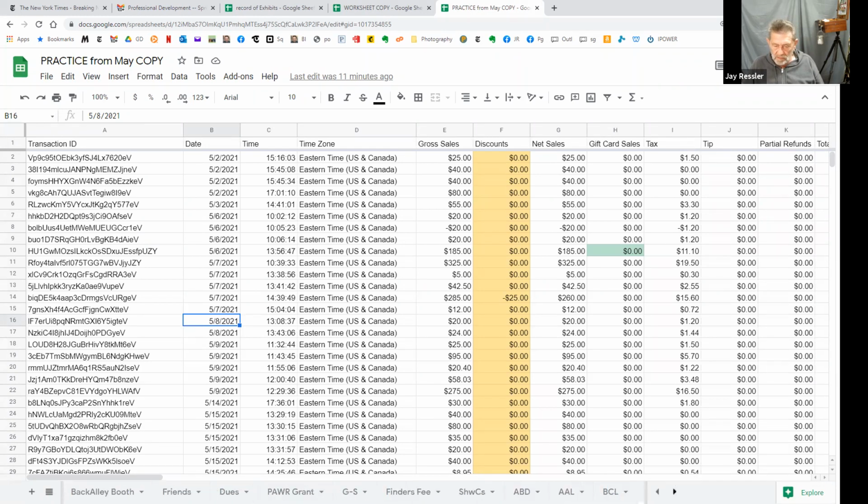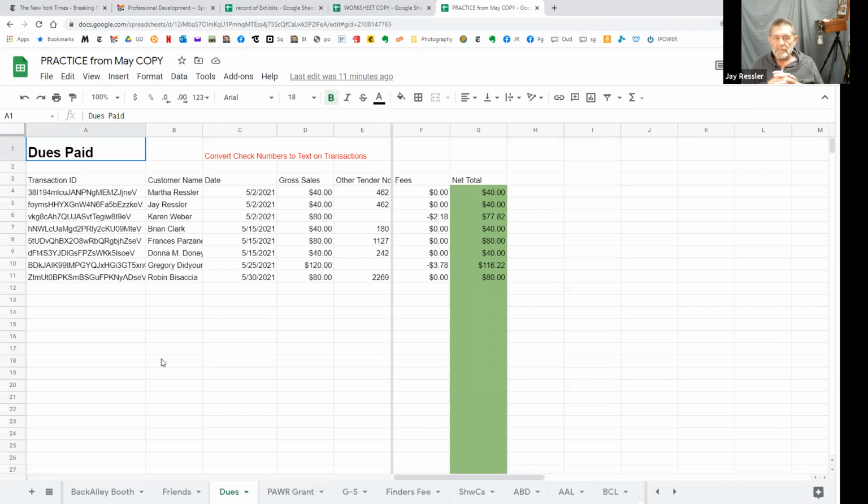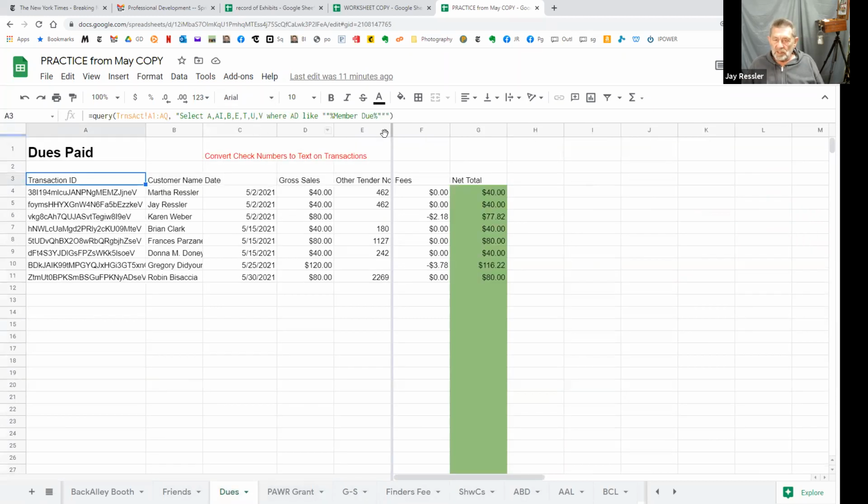For example, I want to use these two sheets as an example of how I use it. One is the dues. This is another query I've written. It's more limited. It looks on the transaction sheet at the beginning. Remember the transaction sheet here. Looks on the transaction sheet. Where was that? Just for certain columns,